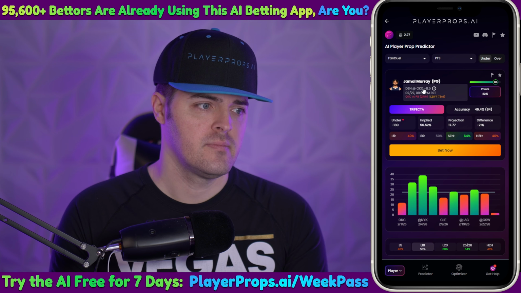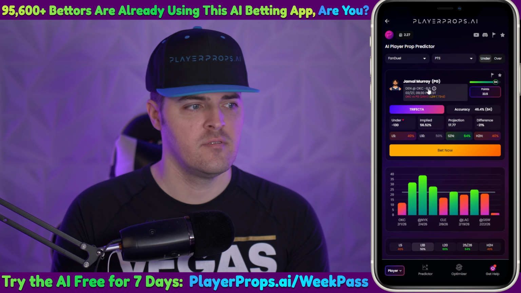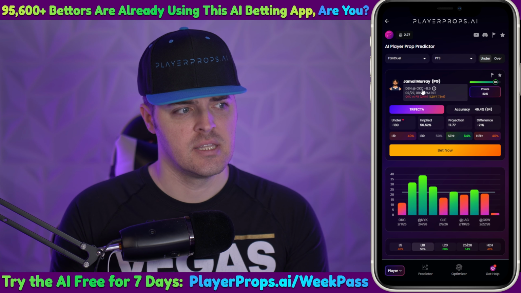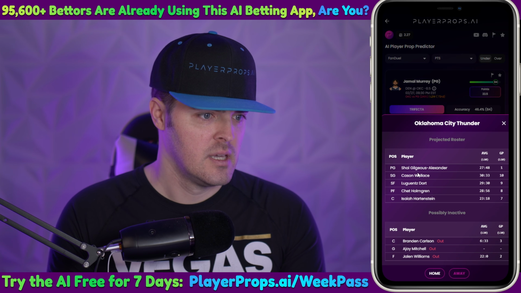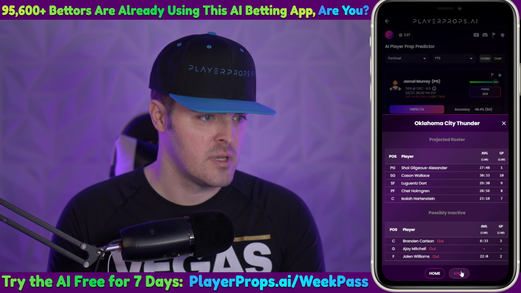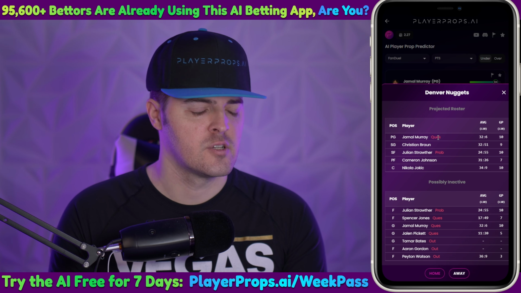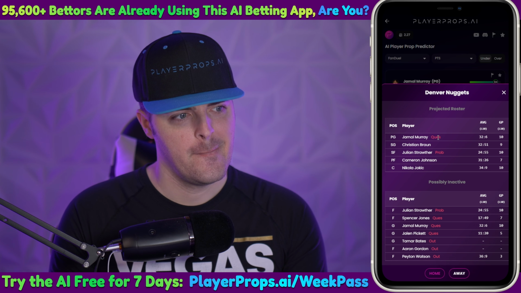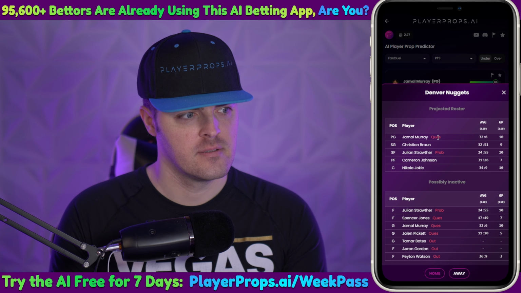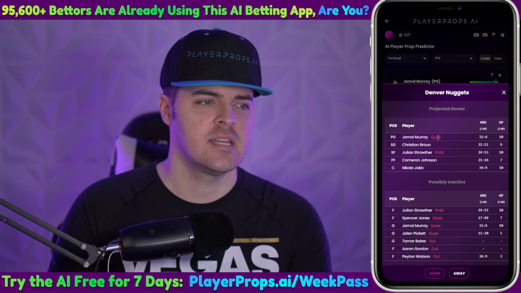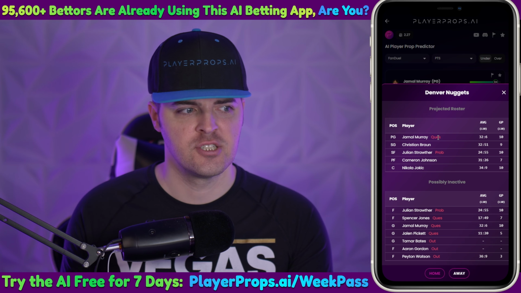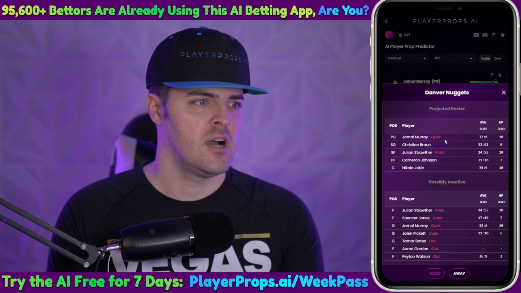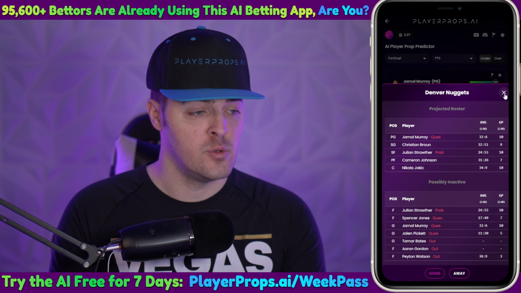Also, let's say 8.5. Who else is missing from this team? No, I need to look at Denver. Oh, he's questionable to play. That's what I didn't peep beforehand. I just read that they originally thought he had a hamstring injury, but they just said he was ill. So if he's recovered from his illness and the game he missed 2 days ago,